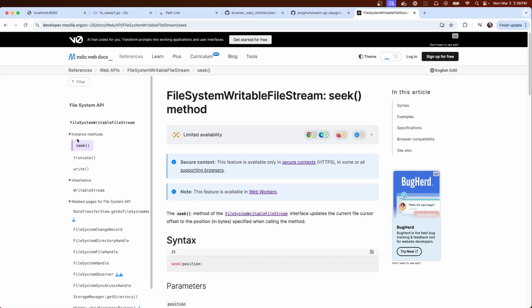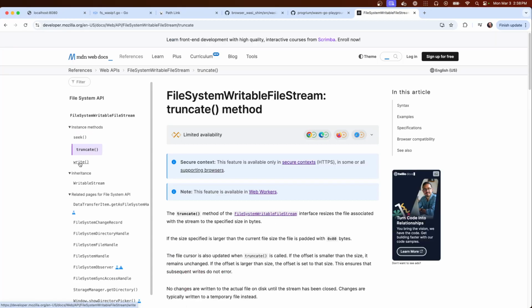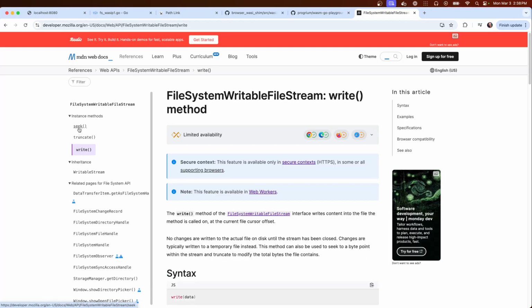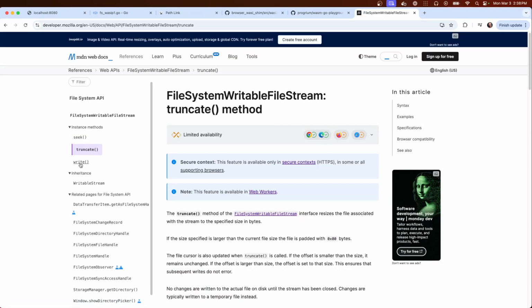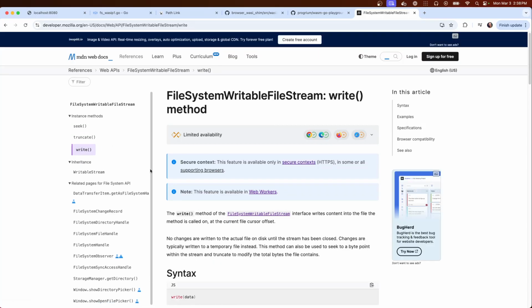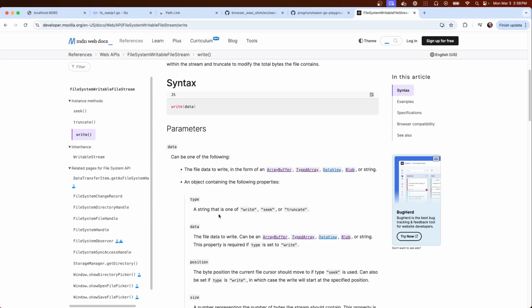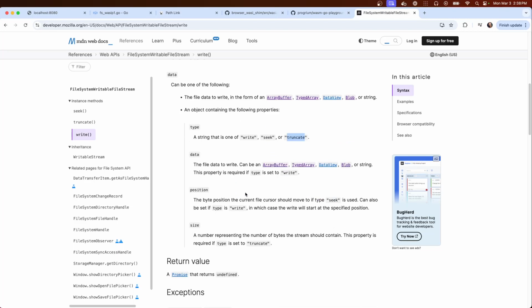They have seek, truncate, and write. But you can do seek and truncate through the write, by saying, oh, actually, I'm a seek or a truncate.